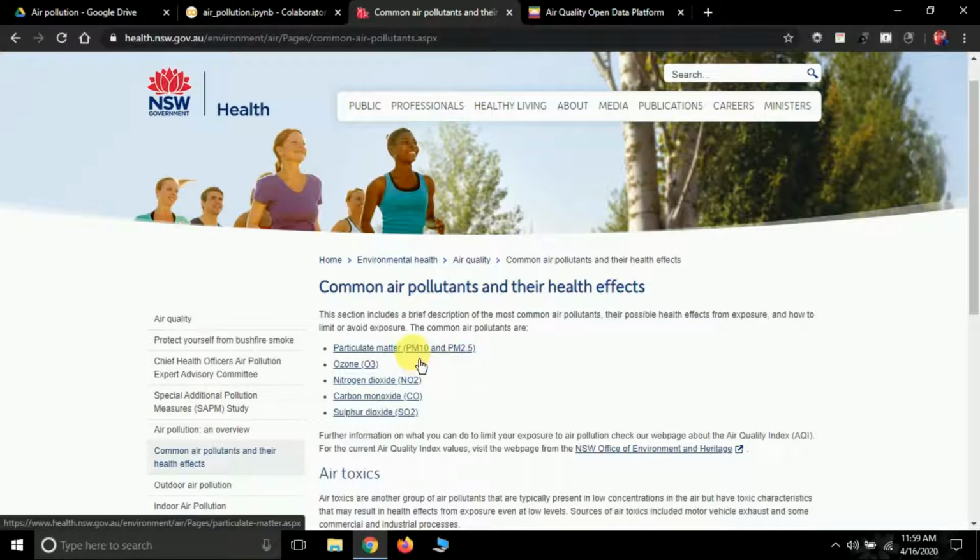What does PM stand for? It stands for particulate matter. 2.5 means those particulate matters which have a diameter of less than 2.5 micrometers. And PM10 stands for particulate matter whose diameter is less than 10 micrometers. Then there are other air pollutants like ozone, nitrogen dioxide, carbon monoxide and sulfur dioxide.